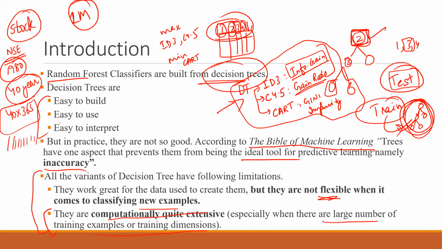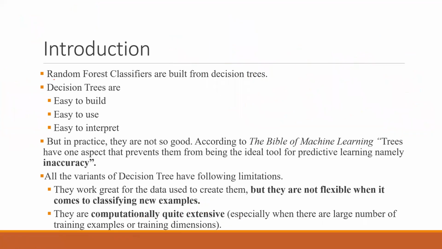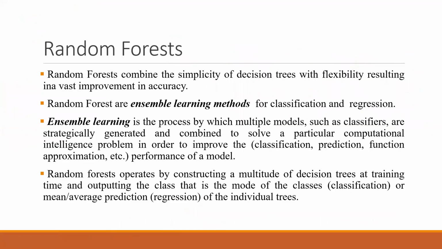So if you want to build a decision tree, you first have to handle all these columns. This huge data set will be very expensive computationally. It will take lots of time to make this decision tree out of it, because the data set is huge. So there came this technique called random forest. In random forest, you will see that we take only a subset of the full data set. Let's see what it means.